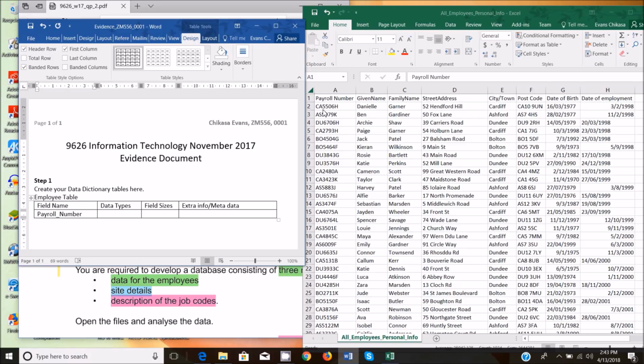Okay. All right. So what we're going to do now is to specify the data type for this one. Notice the data type is a mixture of numbers and letters. So we'll call it text. Okay. Next one, the field size. So the field size, if you have a unique field or column, you can notice, guys,